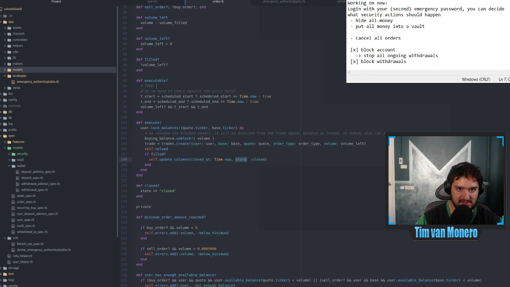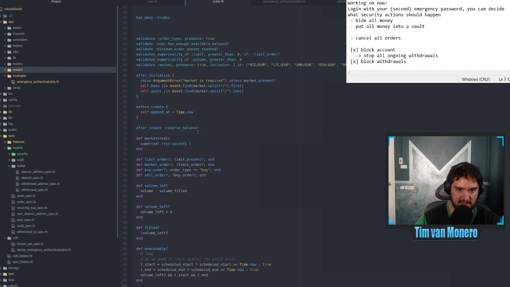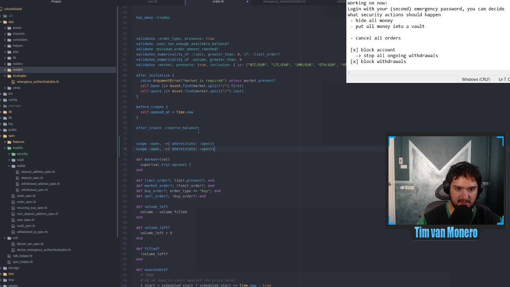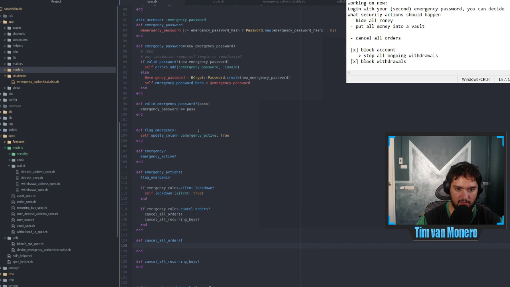So we make a scope for the order and say scope open, where state is open, and we make a scope closed where the state is indeed closed. And what we have to do is orders open